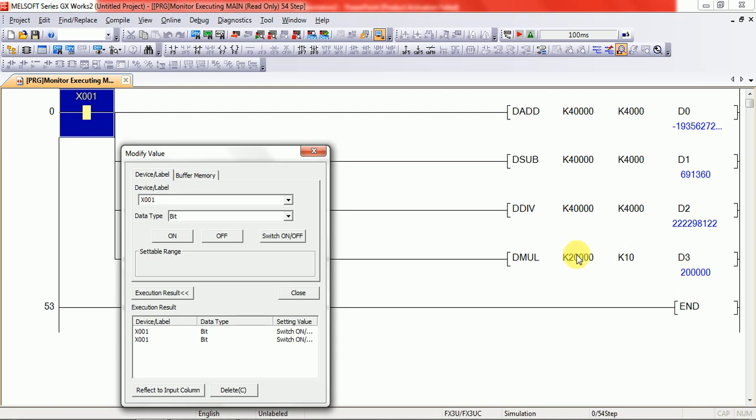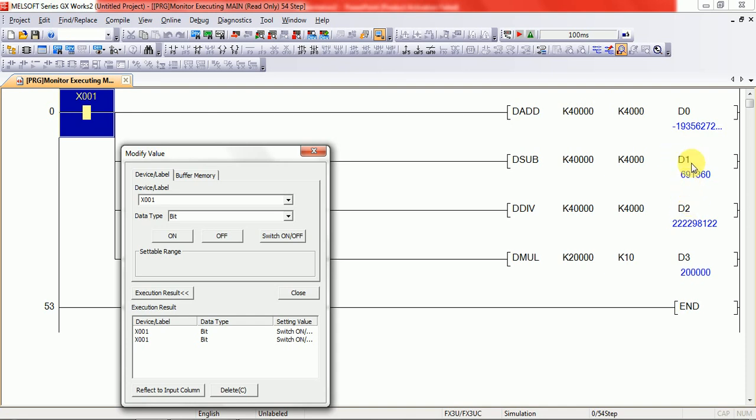Just this one has the correct answer, multiplication, but addition, subtraction and division, all three commands have wrong answers. Okay, you can see multiplication is okay, but division, subtraction and addition are not okay, because D0 is a 16-bit data register. But the answer is 32-bit data, so we have to use D0 and D1, because D1 will automatically be added to this data, and the same here we have to use D2 and D3.